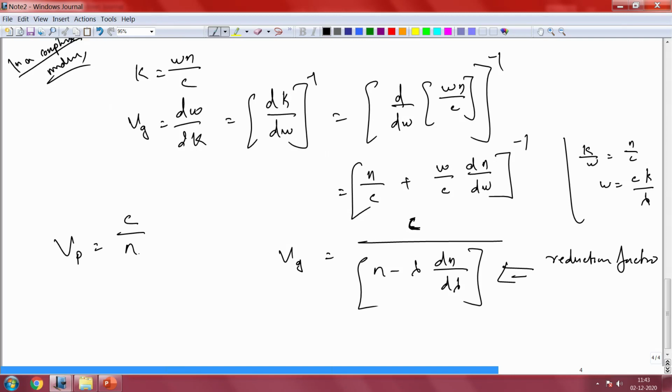Whenever light is propagating through a medium, the speed of light is reduced proportionally to the refractive index n. But when you look at this, it also represents the same, but the denominator is a little complex. We have n, but then there is an additional factor dn over d lambda, and this is what we call dispersion